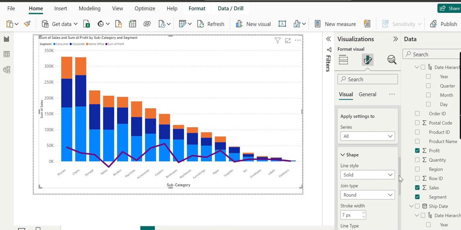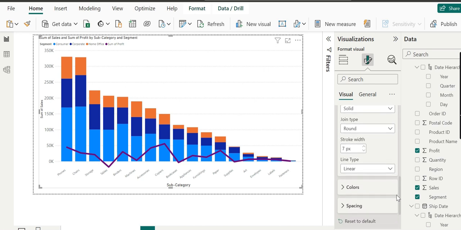And we will go to the line type. It may be linear, smooth and step. So we can see if we go to the smooth, it's quite a different way. So we will go with linear. And now we will change it back to 3. Put show marker.